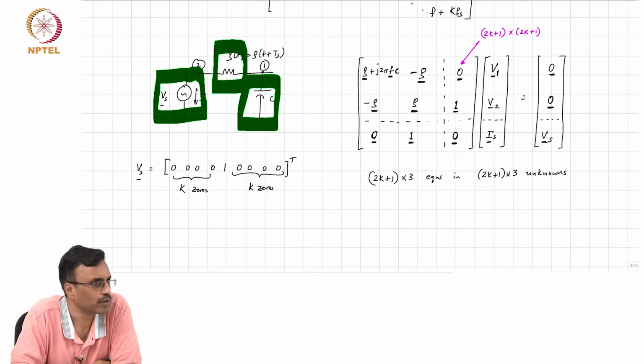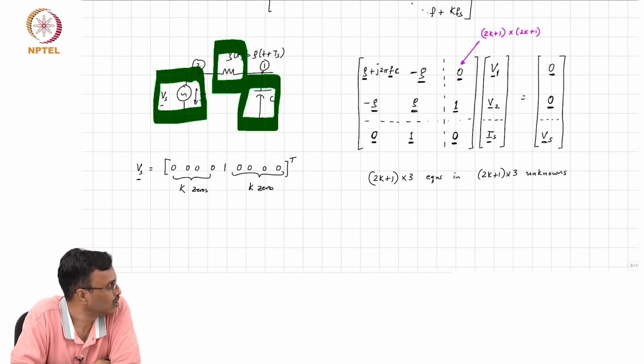At each f you invert this matrix, and that will give you all the branch currents and the branch voltages basically everywhere, right?